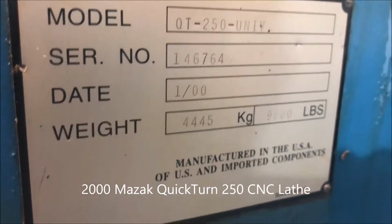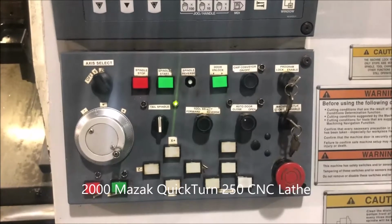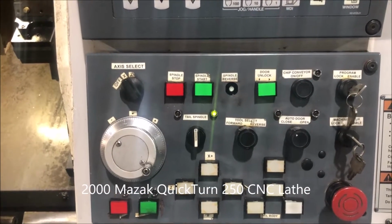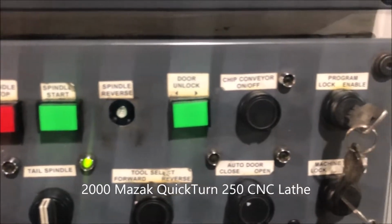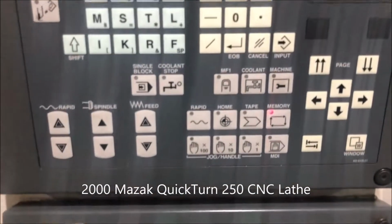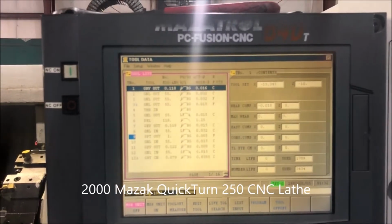Better look at the serial tag, and as it states, a little over 9,000 pounds. All the buttons, looks like they relabeled them after some of the things wore off, which is all quite clear here. Keys, keypad membranes in nice shape, mouse works, graphics are clear,